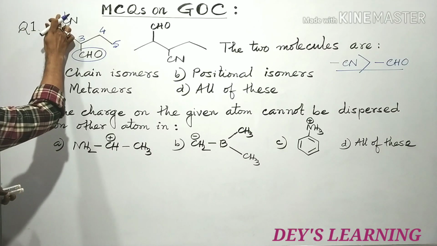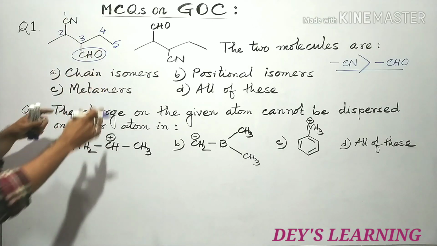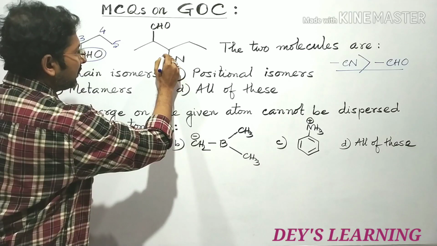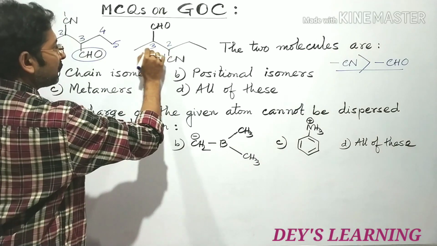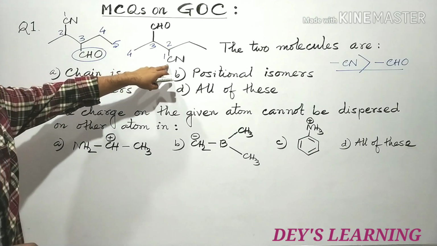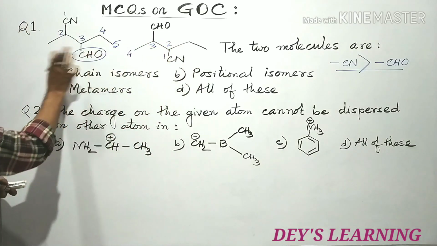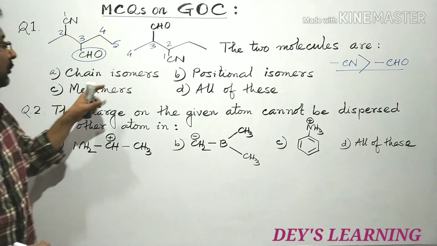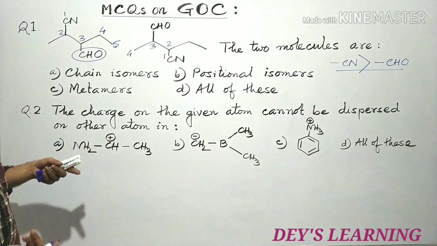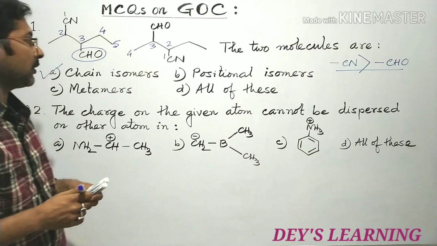So the numbering starts from here 1, 2, 3, 4, 5. This is the 5 carbon chain compound, and in this compound the numbering starts from here. This is 1, this is 2, this is 3 and this is your 4 carbon. So this compound is a 4 carbon chain compound and this compound is a 5 carbon chain compound. So in these two compounds the number of carbons in the chain is different, so these are definitely chain isomers. Okay,